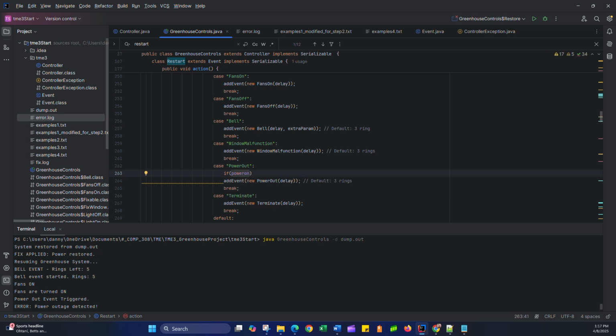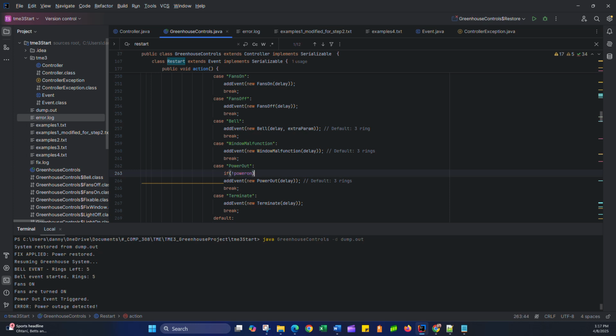It will be true if there's been no power outage and false otherwise. So if not power on, basically meaning if power on is false, so not false is true. So if power on is false, which it will be when I initially called the power out event, so if this is true, meaning I've just called the power out event,